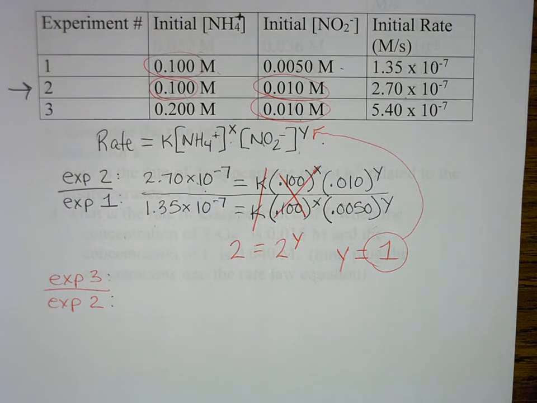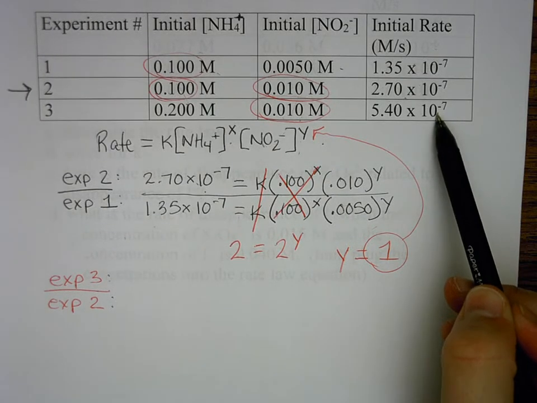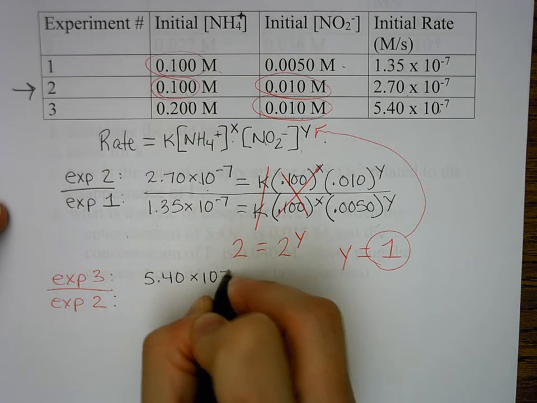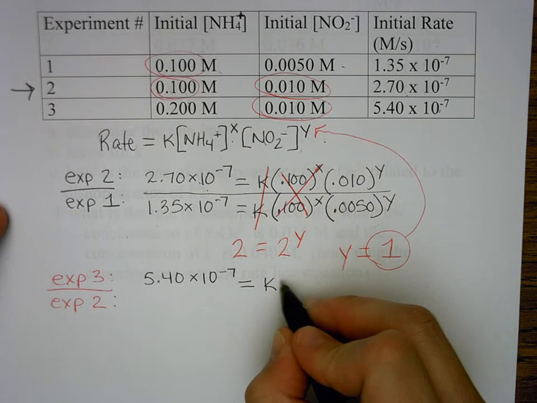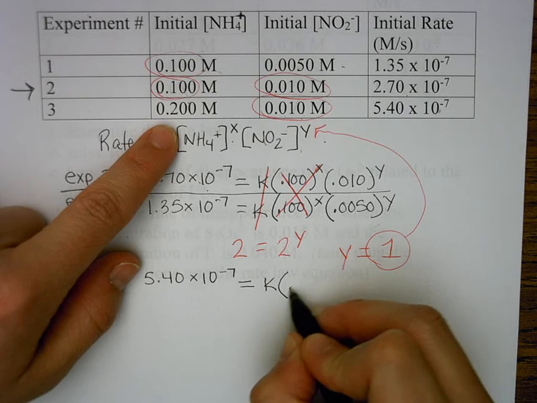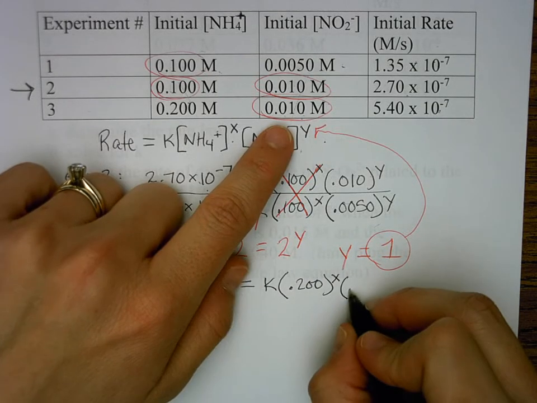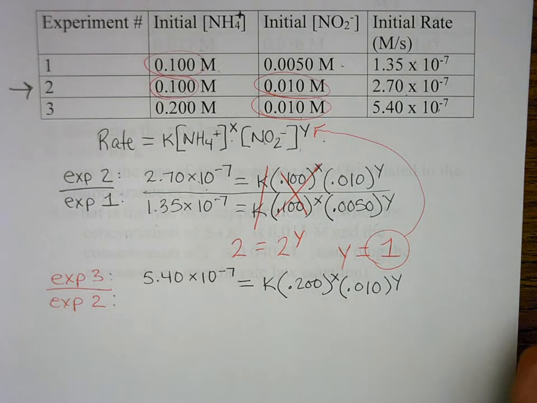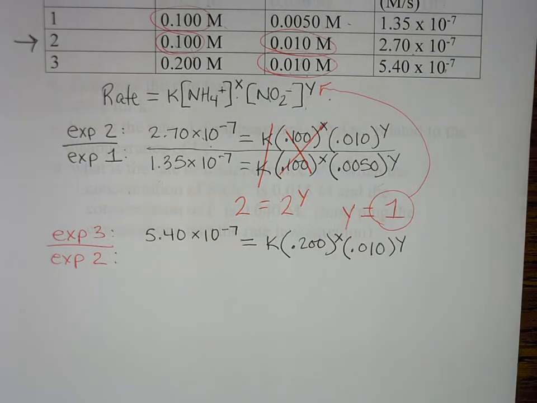So, okay, experiment 3 data. Again, I'm going to do it exactly the same way. The rate in experiment 3 was 5.40 times 10 to the negative 7 equals K. My concentration of NH4 is 0.2 to the X. My concentration of NO2 is, sorry, I'm covering it, 0.010 to the Y. That's all just taking the data from experiment 3 and plugging it into the general rate law equation. I put that over